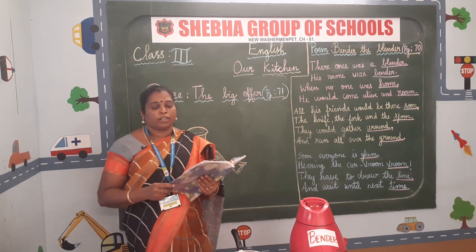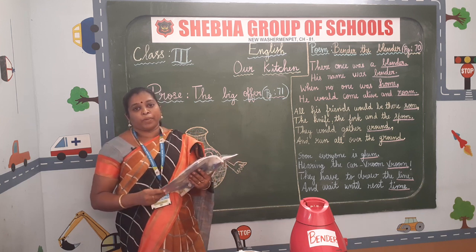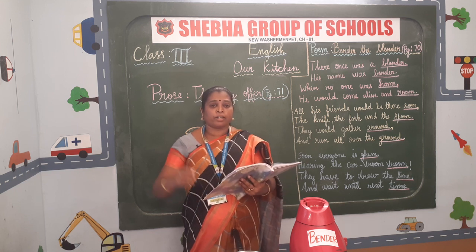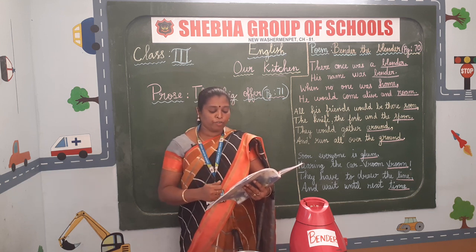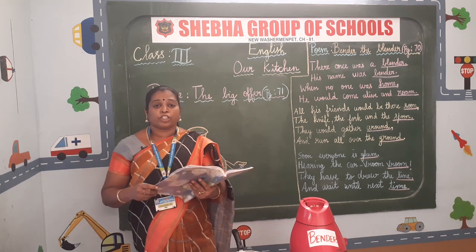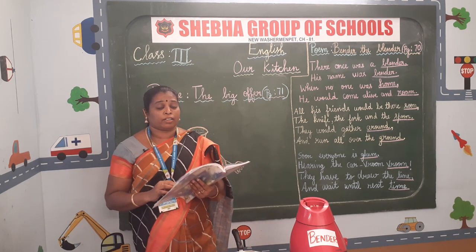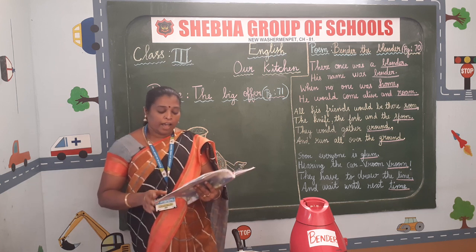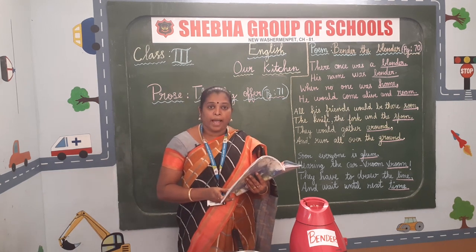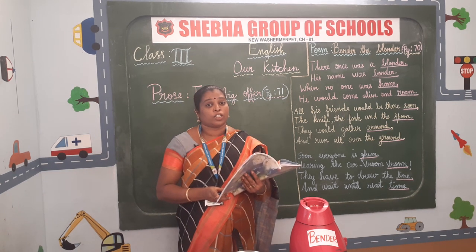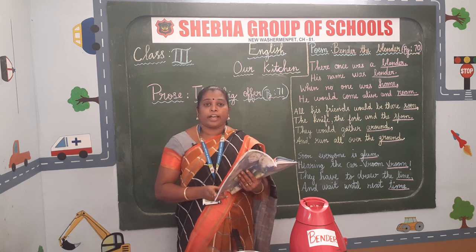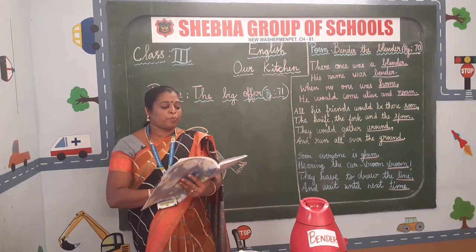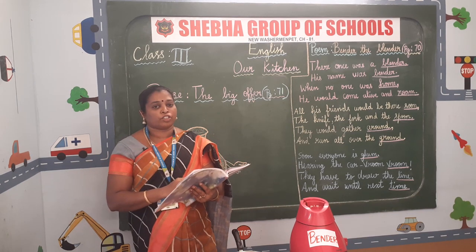As they were walking, the mixer came. The mixer said, I am the fastest. I can cook food in minutes. I will grind the fruits and milk with sugar and make milkshake. Then the recipe book said, okay, you can also join us. As they were going, the pan came. The pan said, I will also help you. I can fry and roast the food in minutes. Then the recipe book said, okay, you can also join us.